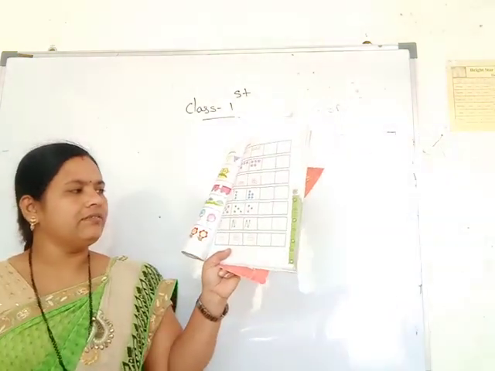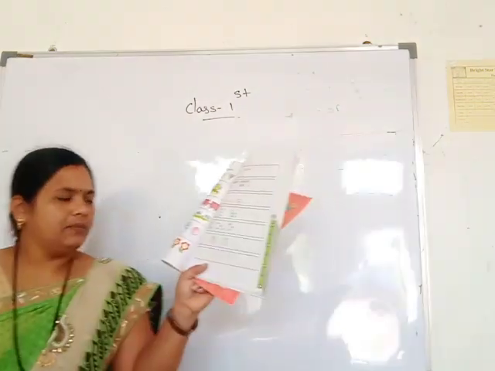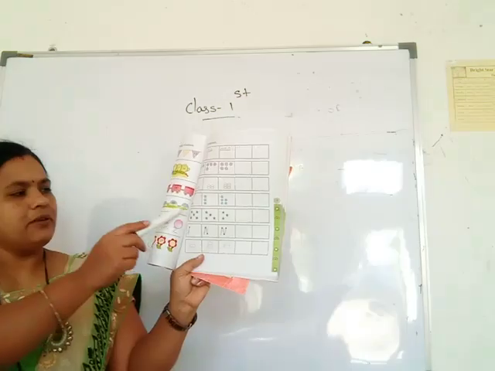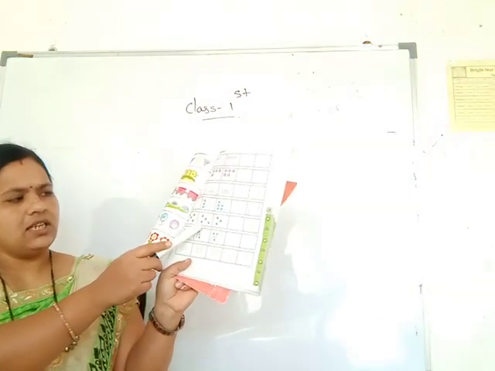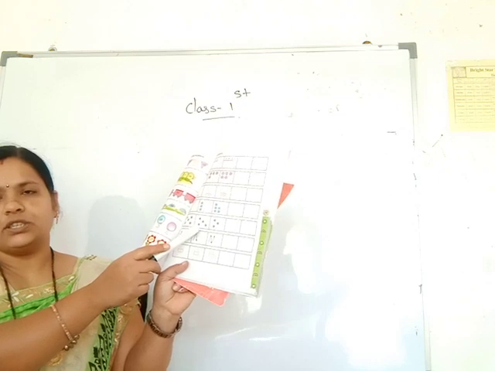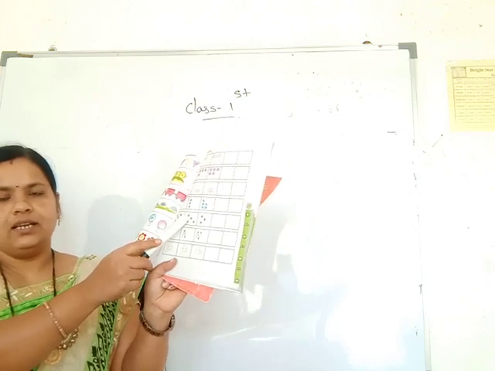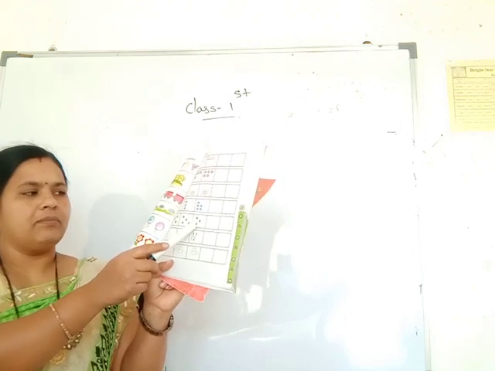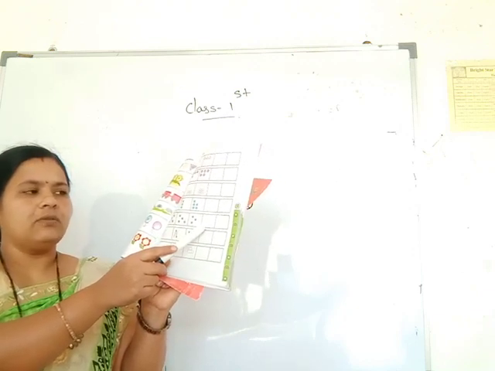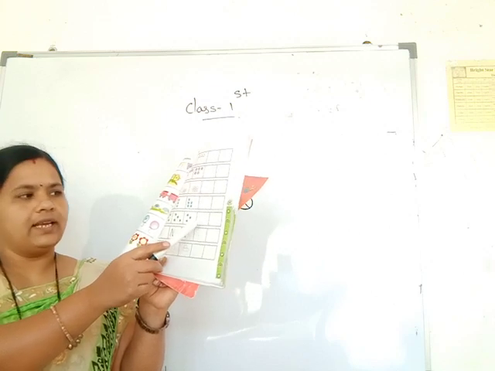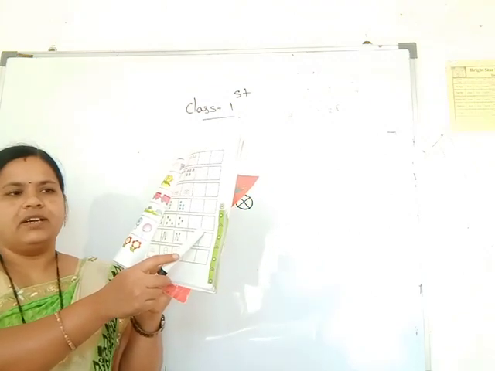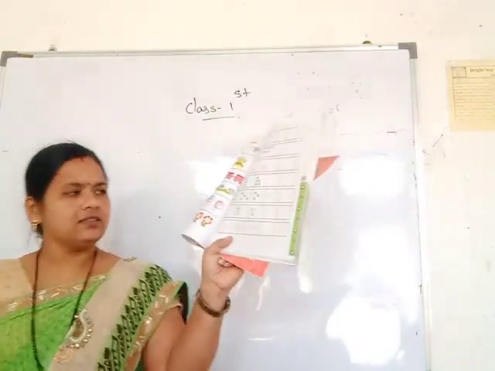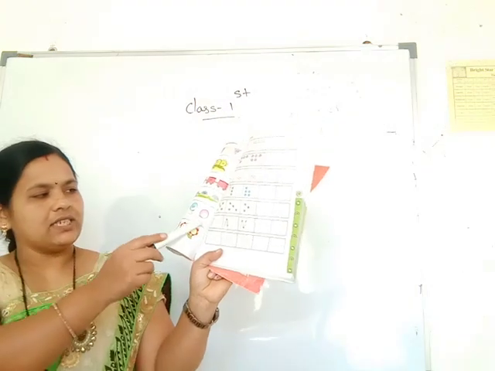Then see here in the first box, five stars. How many stars in the first box? Five stars. Then in the next box only four stars, means one number is less. Then in the third only three stars, again one number less. Then you draw only two stars, means one number less, and the last one you draw one star, again one number less. Then next one, see this pattern here, one matchstick.